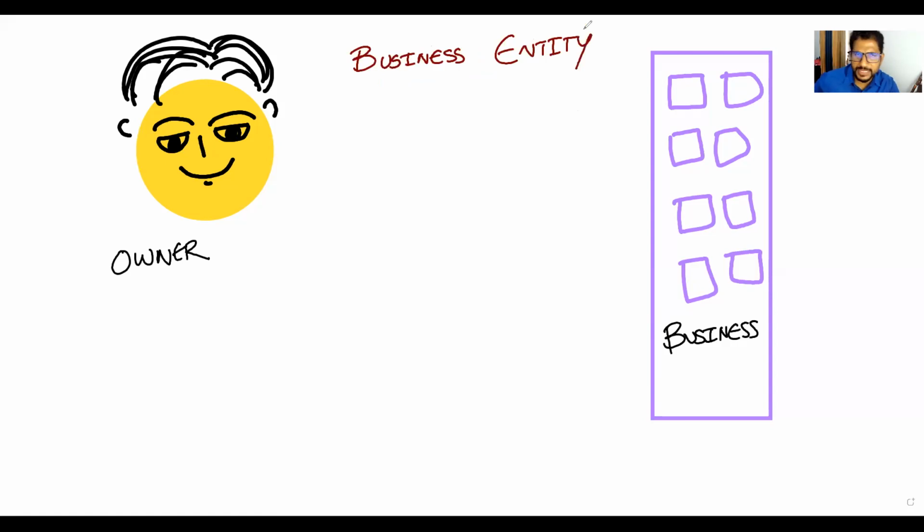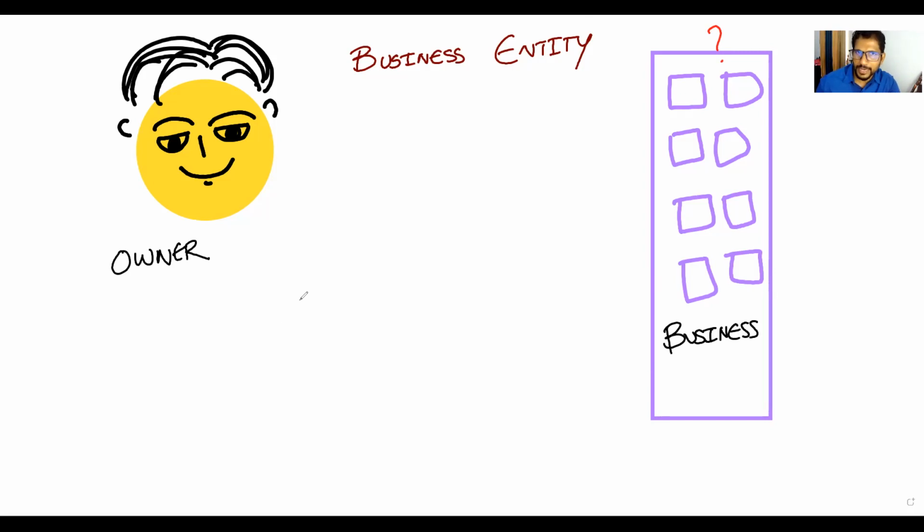Business entity. Now I have a question. Business, right? Do we consider it as an entity or element or a person who has a life? This business has a life. Can it act personally, individually? No, we can't. Business cannot, because all the decisions which are taken by the business are actually taken by the owners and the managers.